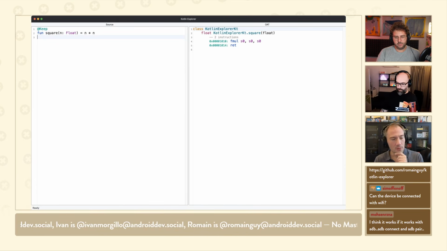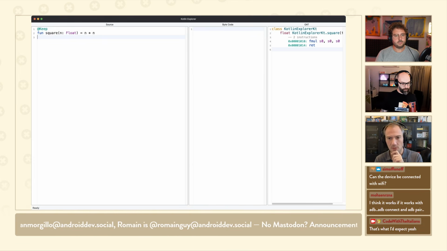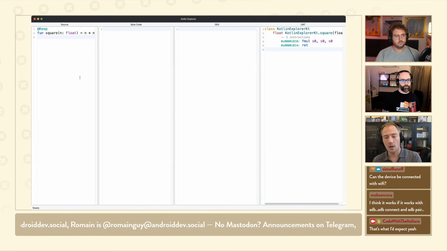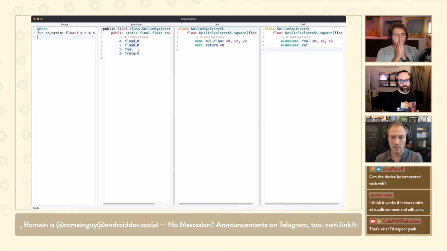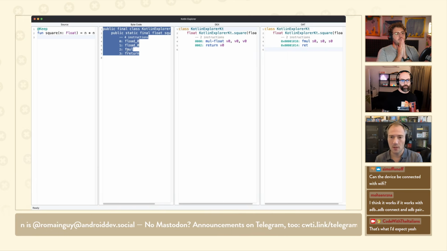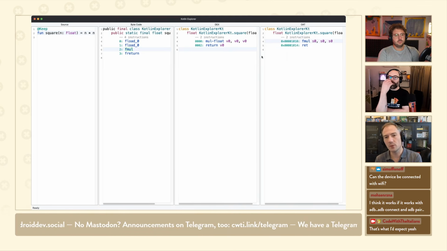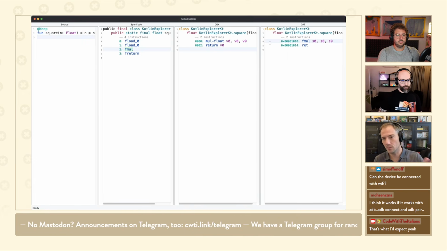Another thing you can do with this tool, you don't have to look at just the ARM assembly code. You can also look at the Java bytecode and the DEX code. So again, there are menus at the top where you can turn that on or off. So if I recompile this, we're going to see, okay, so this is the Java bytecode that was generated by Kotlinc. This is the DEX code after converting to DEX, and then you have the ARM assembly code. So for something as simple as squaring a number, basically all three languages look very much the same. It's like we multiply a float and we're done.